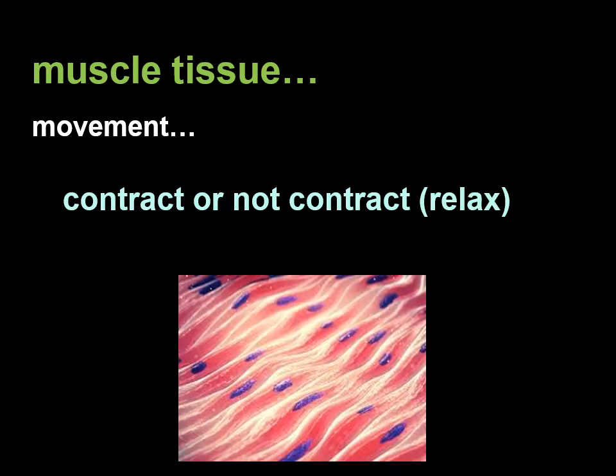Muscle tissue. A large proportion of your body is made of muscle tissue. Those cells and the tissue itself can only do one thing, basically. It can contract, and then the other thing, which is not really doing something, is just not contracting. So they don't really push or pull or something, or I guess they do pull, but that's all they do. Muscle tissue can just contract, and then you can stop contracting it.